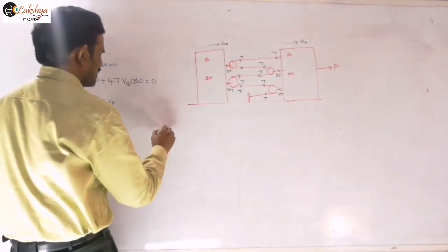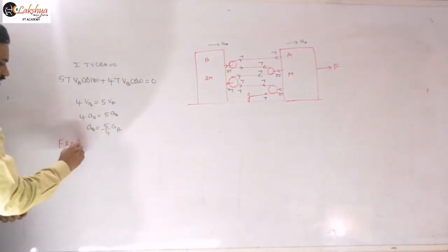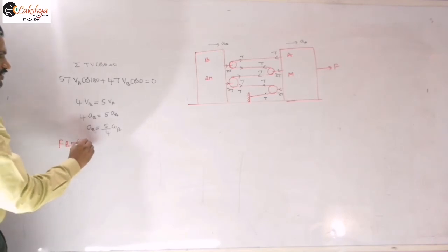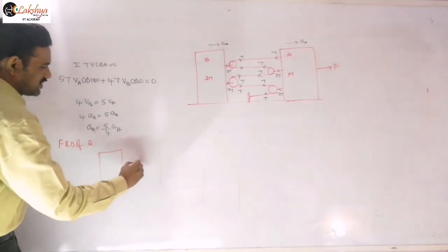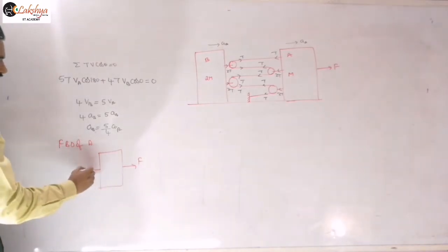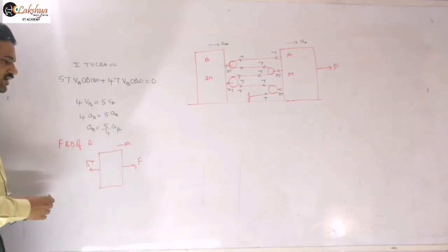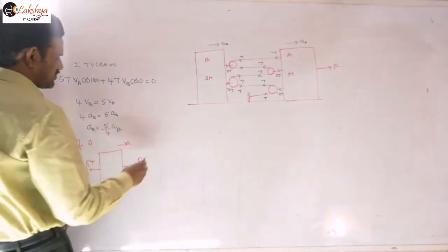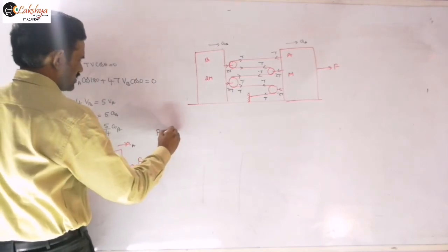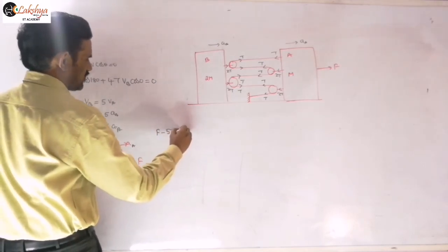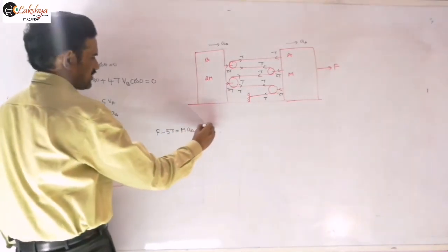Suppose I consider the FBD of block A. The forces acting on this: F is the applied force along this direction, and on this side 5T tension is acting here, and A is the acceleration of this block. Then you can simply write the force equation for this. So the force equation you can write as F minus 5T is equal to the mass of that block, m, into AA, the acceleration of A. Let's suppose this is our equation 1.